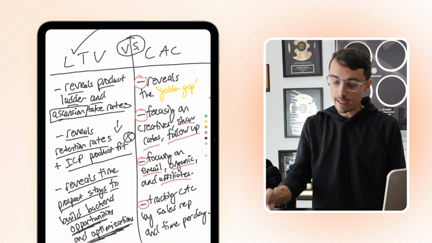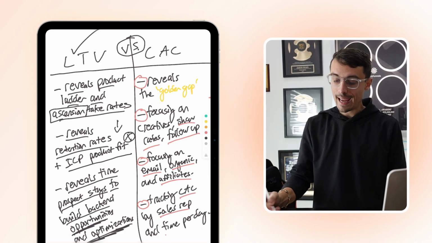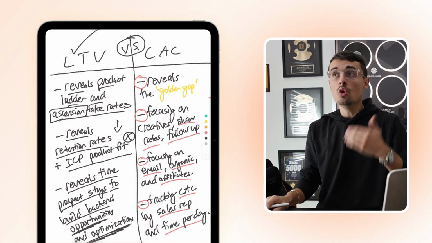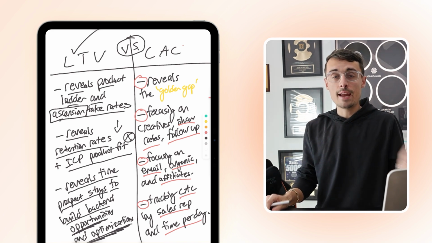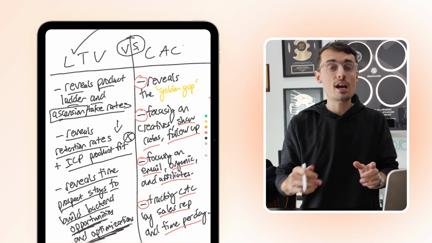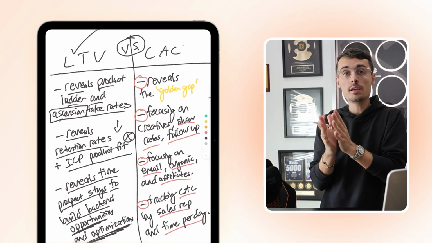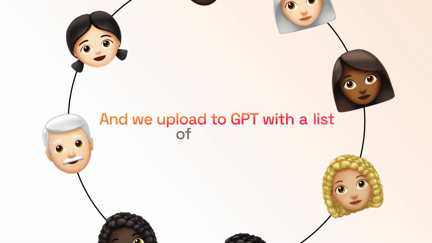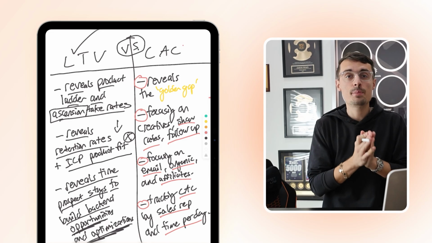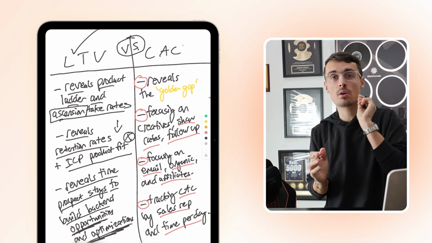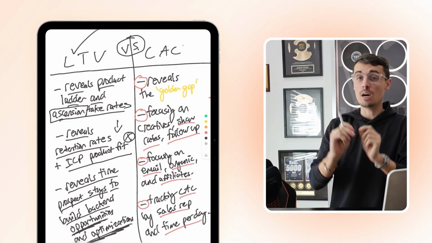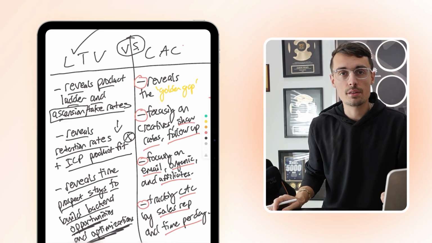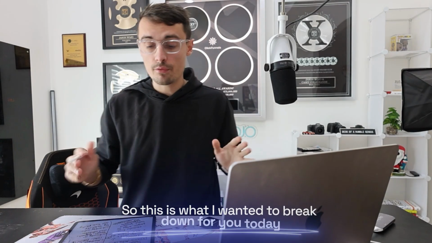And now we're tracking CAC by sales rep and time per day. And we do this internally to where we see what sales rep costs us X amount of money per sale. And also what we do is we use GPT. We actually upload all of our Calendly bookings, and we upload to GPT with a list of our buyers. And we have GPT tell us what times per day are people buying the most. So we can optimize the calendar, even double book during those times, and get the most out of the sales calendar. So this is what I wanted to break down for you today, is the difference between LTV and CAC,